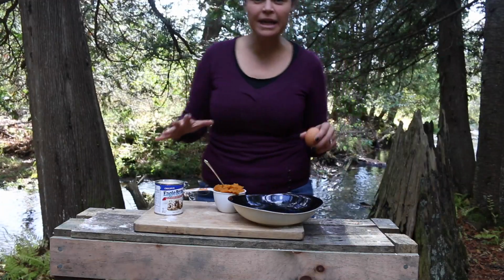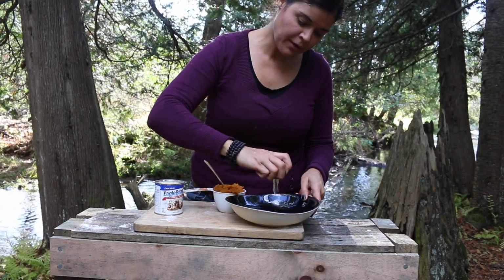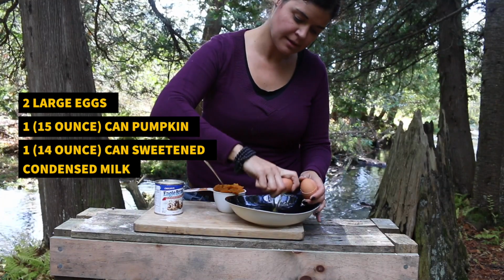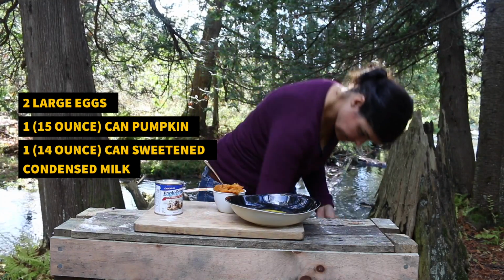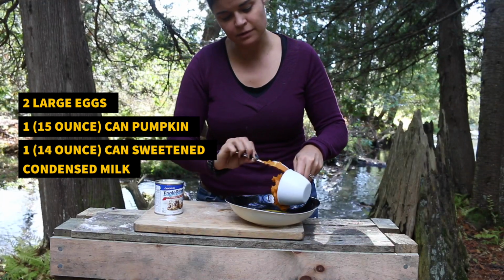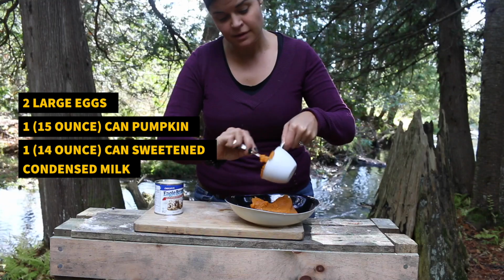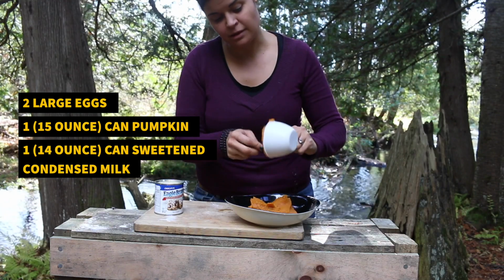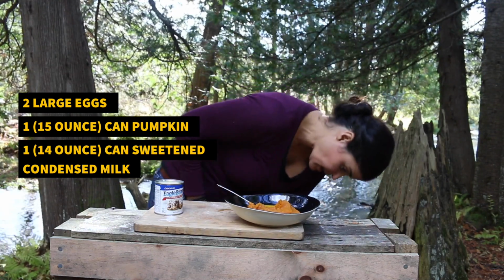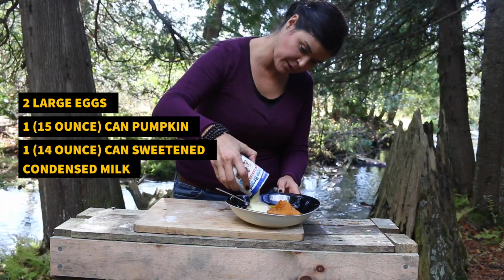So now we're going to make the filling for our pumpkin pie, and that requires 2 eggs and a cup of pumpkin, and you can use canned pumpkin. You can make this puree yourself. If you've made Halloween pumpkins, you can definitely make this yourself. And into that we're going to put a can of condensed milk